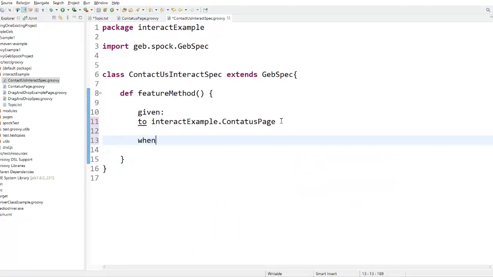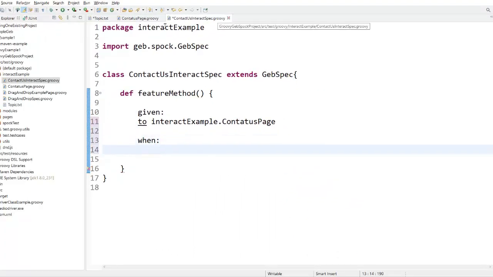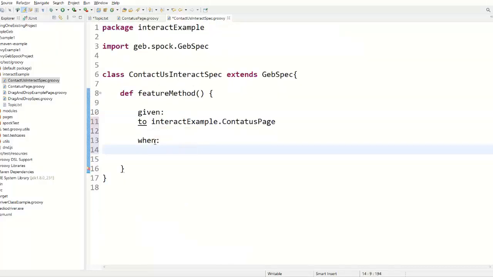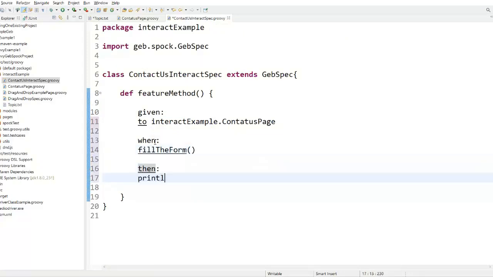Okay, now I'm adding when, we are performing the action. What is the action that we are performing on this page? Fill the form. So I'm copying it and pasting it here, and then we are going to add one println, and here I'm going to type, wow, we have performed keyboard actions successfully.